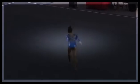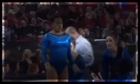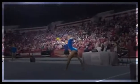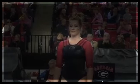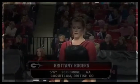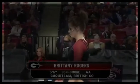Taylor getting ready to finish up this floor routine with the third pass. Ow. That made my back hurt. Setting up for her final pass. Run, punch, front, Rudy into a back layout step out. Normally with those passes you see a front handspring in front of that Rudy, but she decided to make it a little bit more powerful and knock that out. So Kentucky has hit their first two on floor, as has Georgia on beam,